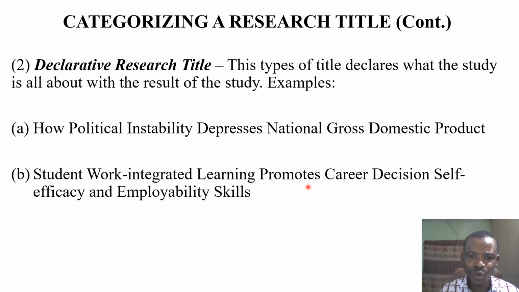That means application of this learning model promotes career decision self-efficacy. This is what the researcher found. Like in the earlier one, the researcher found that political instability lowers GDP. But here, the researcher found that students' work integrated learning promotes career decision self-efficacy